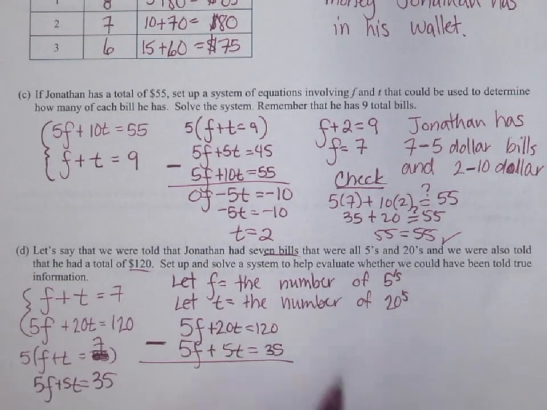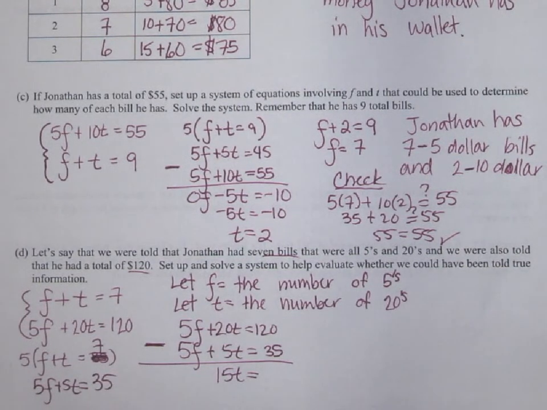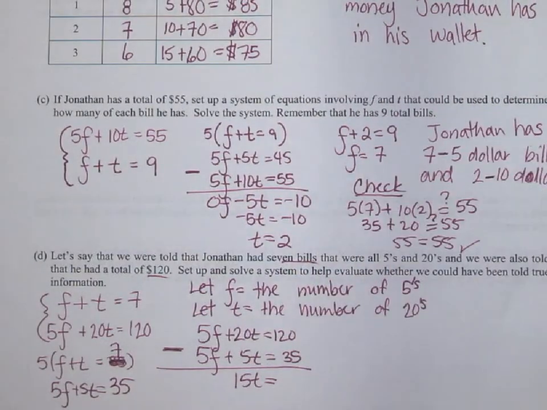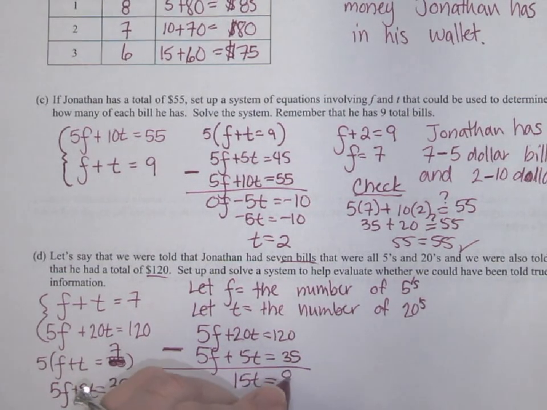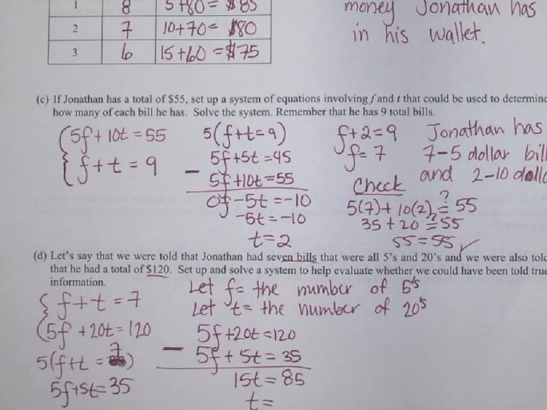Same sign, so I subtract. 15t is going to be equal to 85, and so t is equal